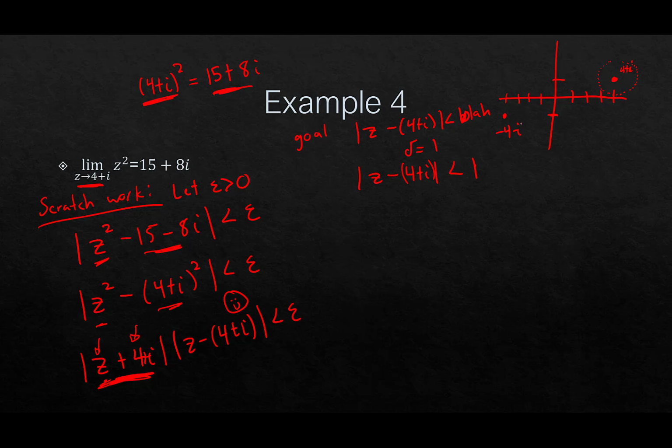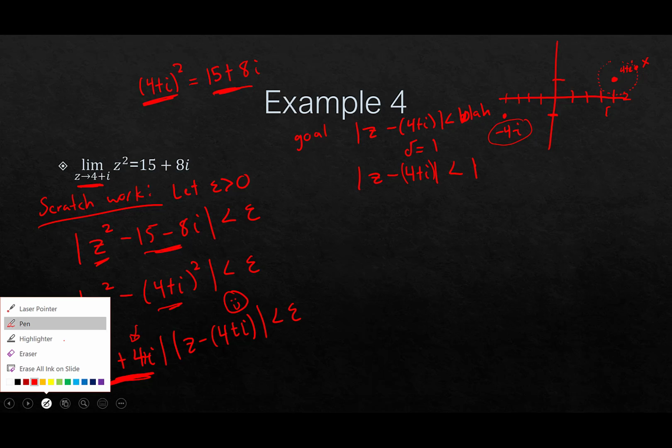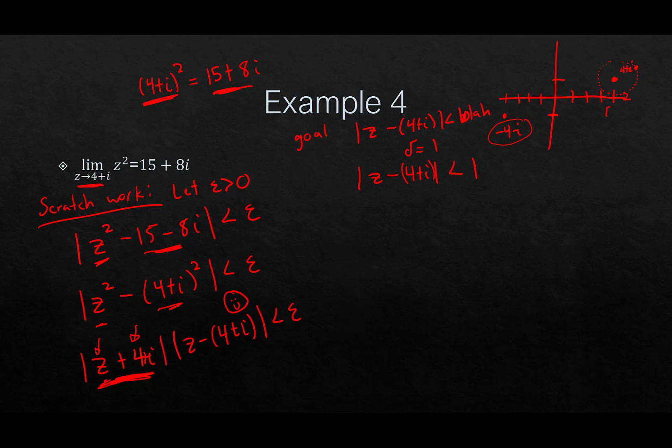What do we know about the distance between z and this point here? Okay, well, worst case scenario, the farthest z could be would be somewhere close to this boundary point here. That's the worst that z could be. Okay, any other point would be closer than that. All right, so to figure out how far z is away from minus 4 minus i, let's go ahead and use a right triangle. So let's suppose that this is 2i here. Let's draw a right triangle.